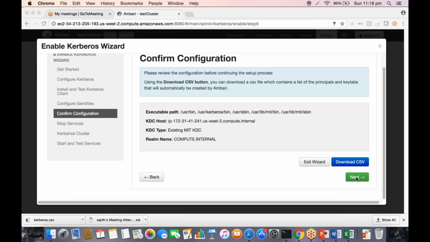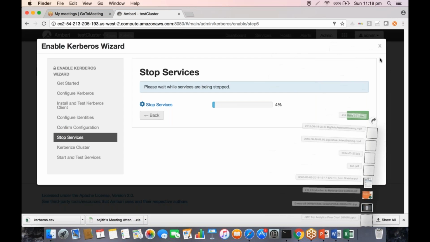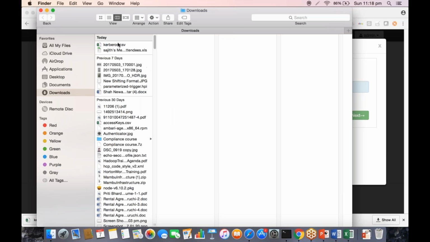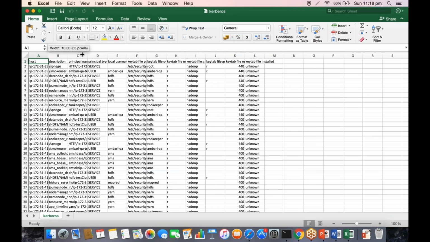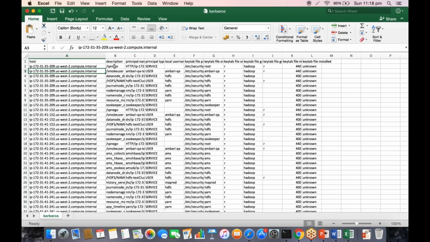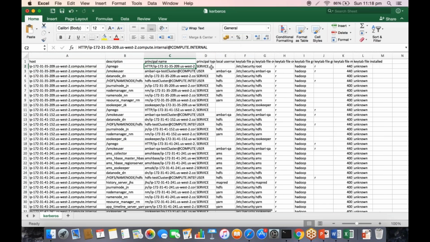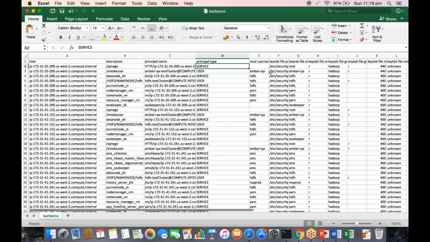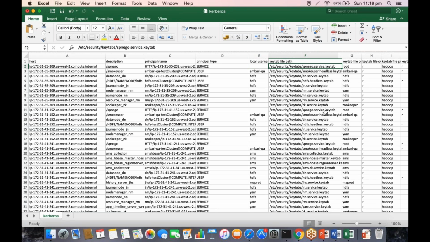Let me first press the next. Come back here. So host, description, principal name, principal type, local username, keytab file, everything it has actually created, and it will do on our behalf.